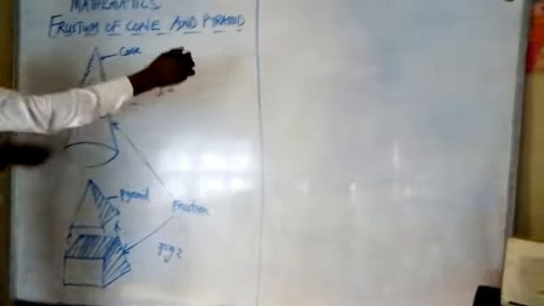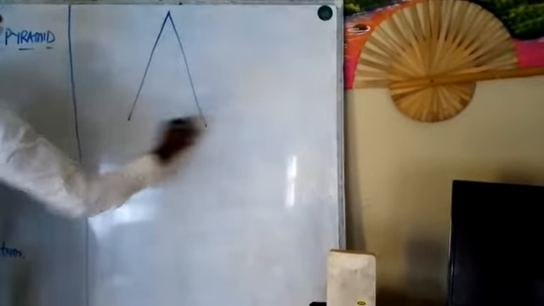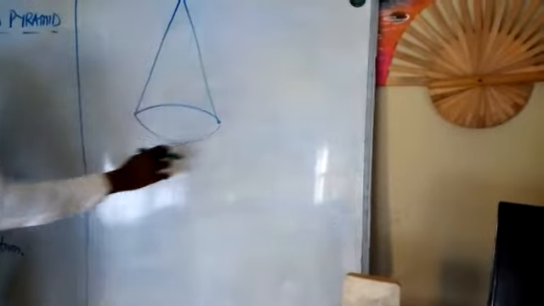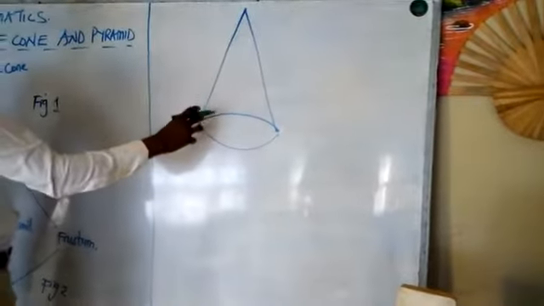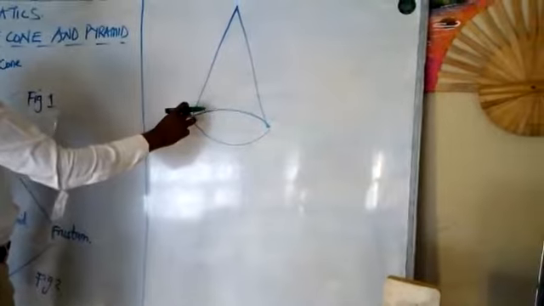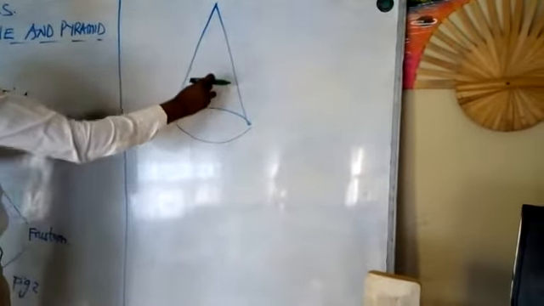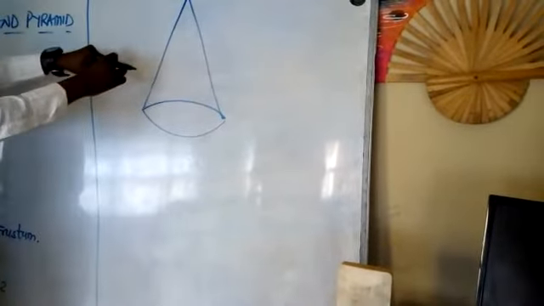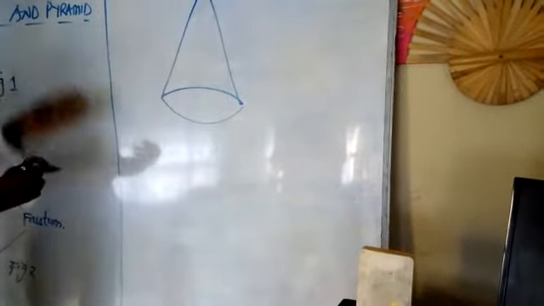So let me represent this here. Look at the board now, everybody. Let's assume this is the cone. And a cone is a figure bounded by what? That has two radii. You understand? Because this cone, we have established that it was gotten from folding a sector along its two radii. By the time you fold a sector, it forms a cone with a circular base. We have done all of this before, okay?